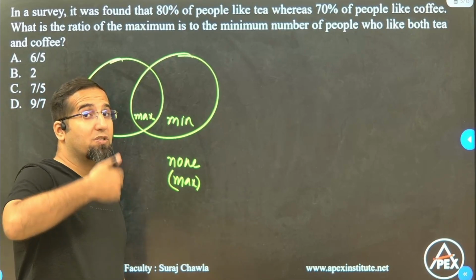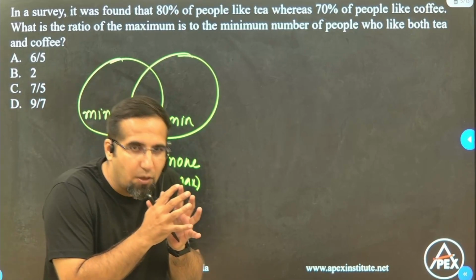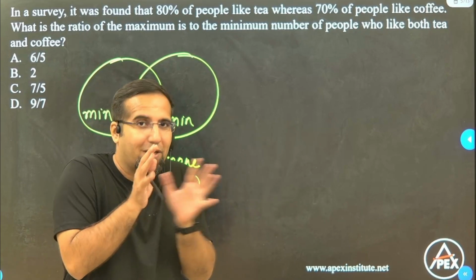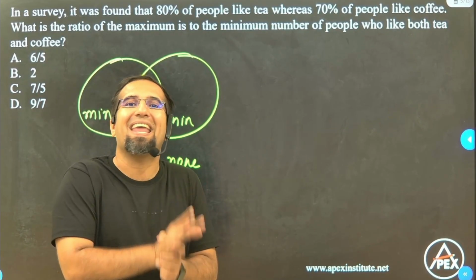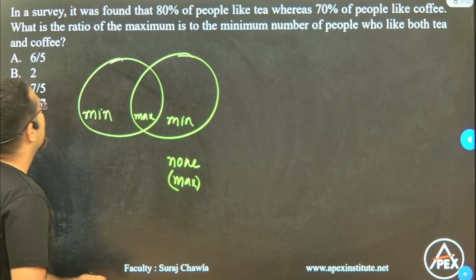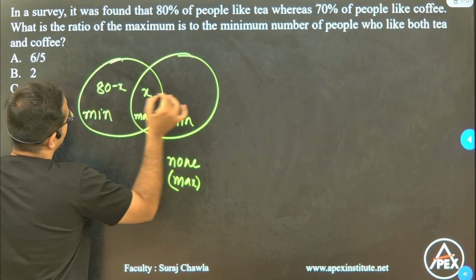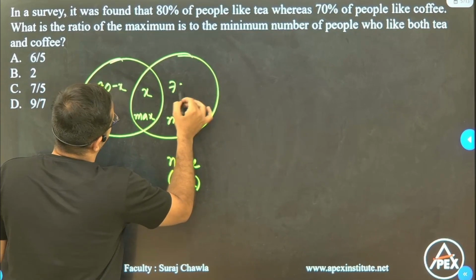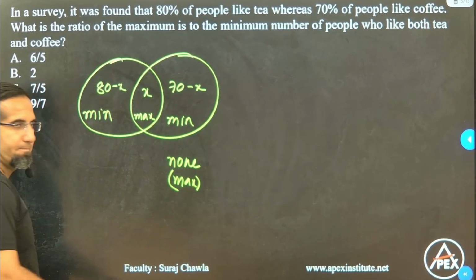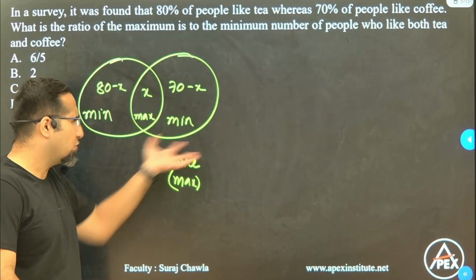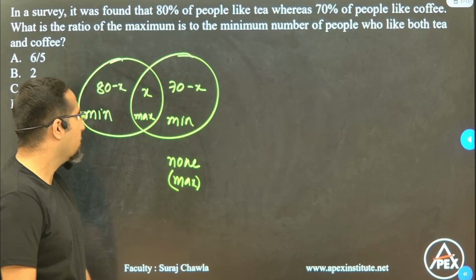We will assume to such an extent that the minimum value of any one of them becomes 0 or none of them becomes negative. Let me give you an example. Suppose ये x लेते हैं यार, तो ये हो जाएगा 80 minus x और ये हो जाएगा 70 minus x. Percentage है, let's assume total is 100, should not be a problem, right? अब